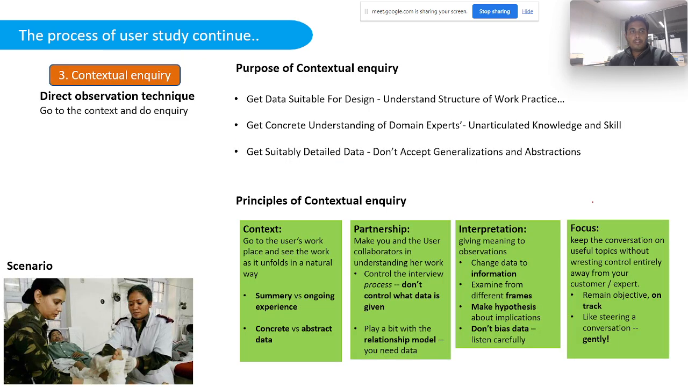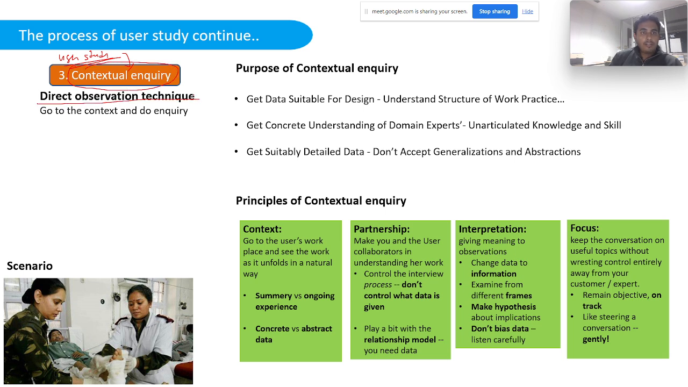Okay, so next is the user study. The very final thing in the empathize phase, after you do your user segmentation and stakeholder analysis, is the user study. Here I'm discussing a particular user study technique called contextual inquiry, which involves